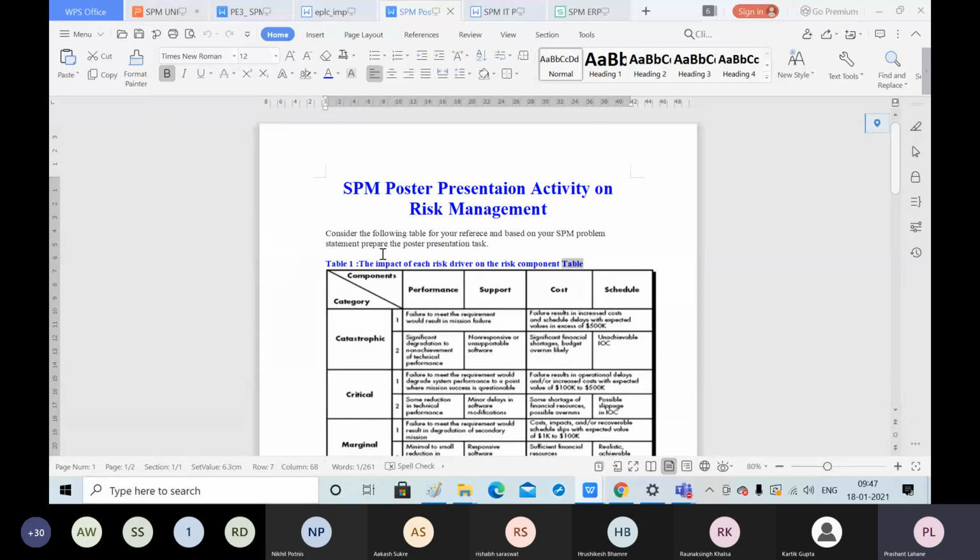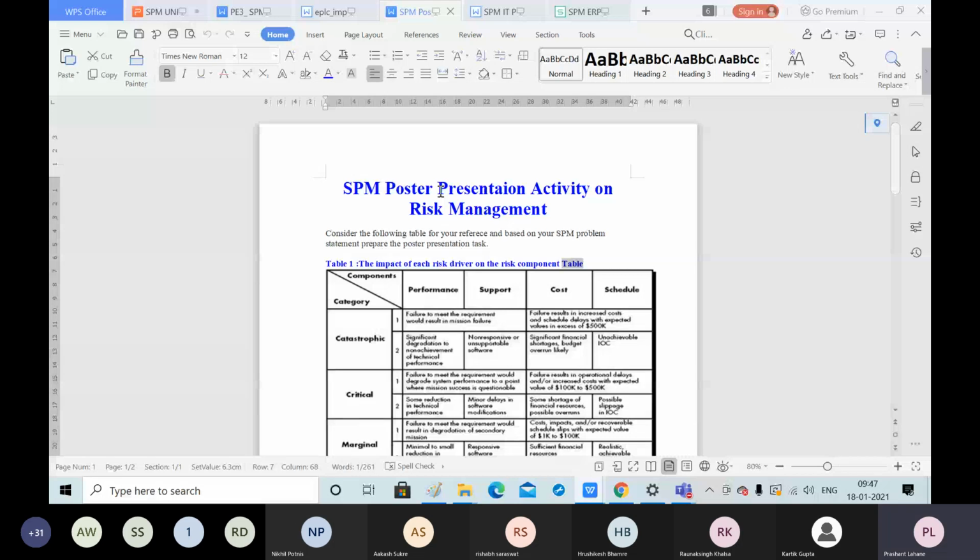Physically there is no need to draw these tables, but you can make a soft copy of it in Word or PowerPoint, right? Karthik, yes, sir. Yes, others. So this is your poster presentation activity for risk management, and this is a 10 marks activity